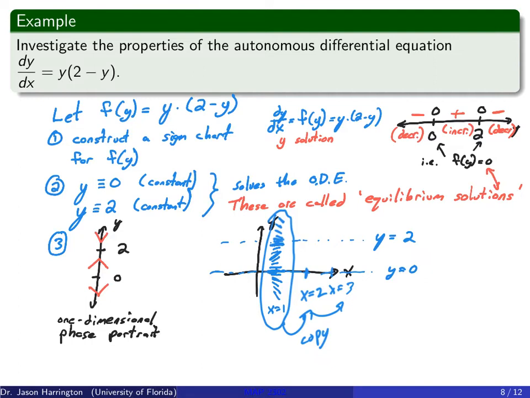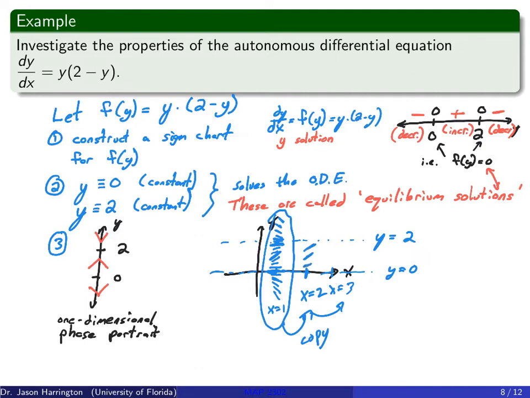Now I'm going to show you a picture of all this together, but here's what I want you to know right now before I show you the picture. In this phase portrait, remember I said everything on this phase portrait tells us what the solution is going to behave like. It'll make more sense when I show you the next slide. But remember, everything above 2 is going down, and everything below 0 is going up. So if I were to repeat this over and over again, let me just put some dots down. It's going to look something like this.